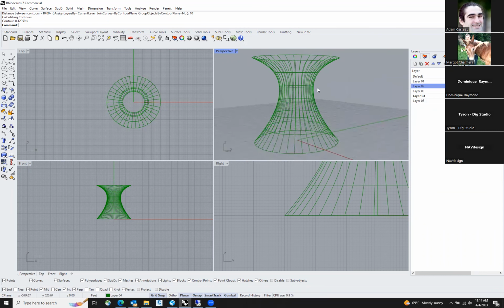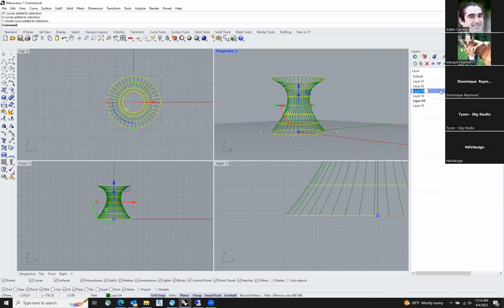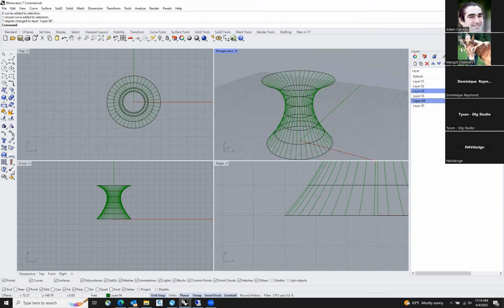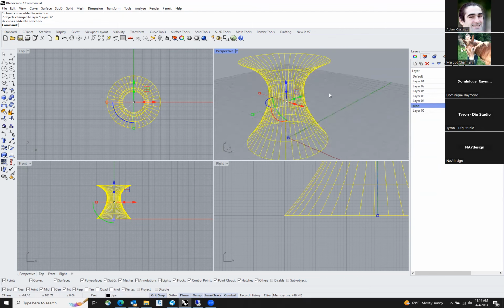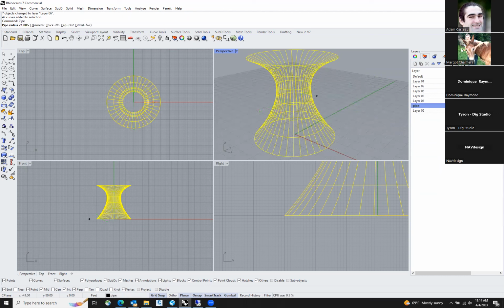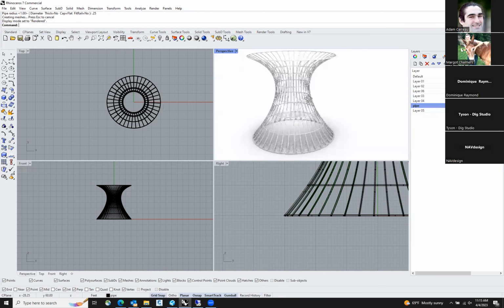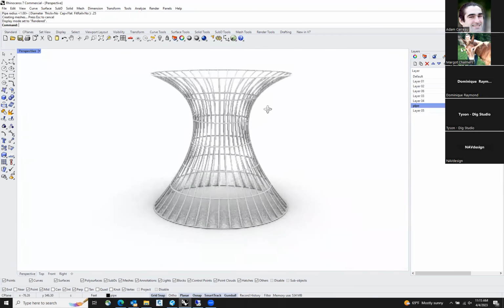But I'm going to go ahead and just work with these, and I'm going to take these, actually change them into a new layer. So then you have your structure, and we discussed last week that you can select objects through your layers, and I'm just going to go ahead and do that now. Work on this layer, and I'm going to type pipe, and I'm going to make this radius 0.25. So as you can see, you have this cool structure that you've just developed utilizing a couple simple commands: